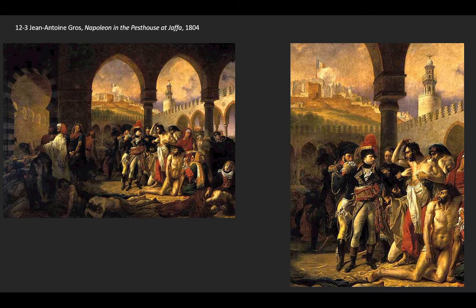And he reaches out to touch them, his gloves off, certainly putting himself in great danger of catching what they have. This image of Napoleon surrounded by the dead and the dying, the weak and the maimed, certainly brings up